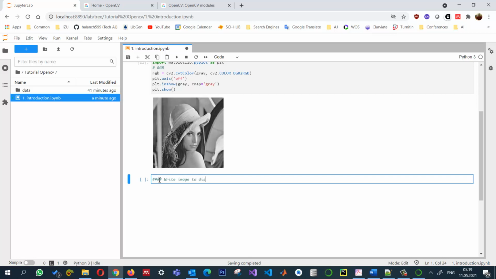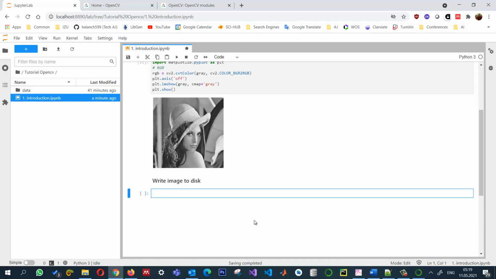Now I just want to write 'write images to disk', and I just press Escape, and then M means markdown. It has been converted into markdown, and then Shift Enter. So this is a markdown here. Now to write it, it's very easy. We will be using